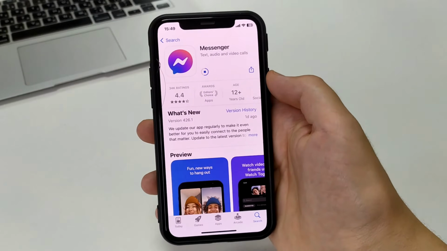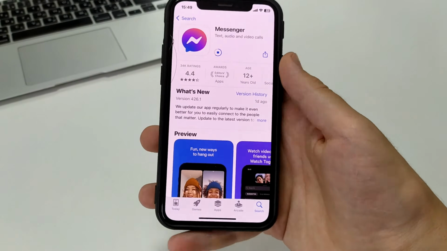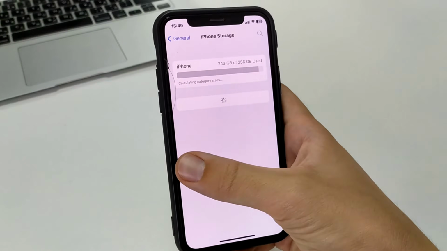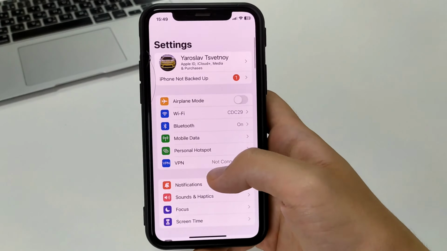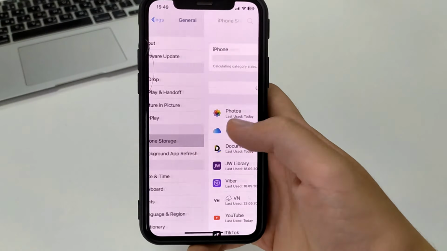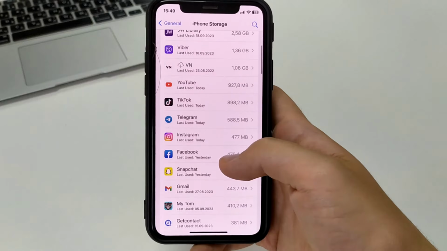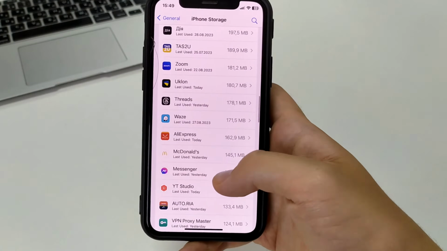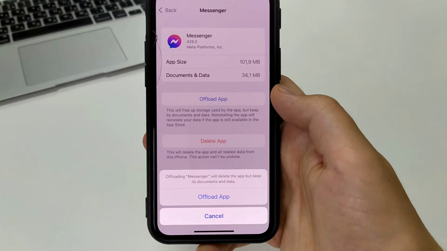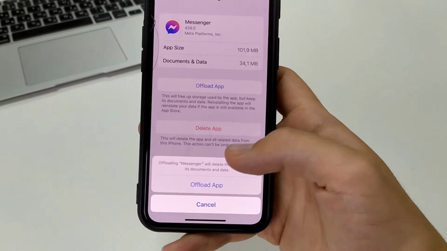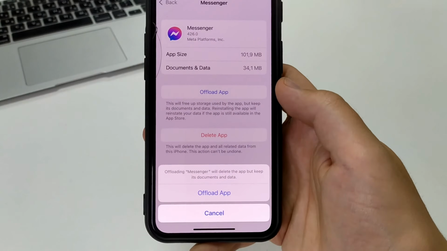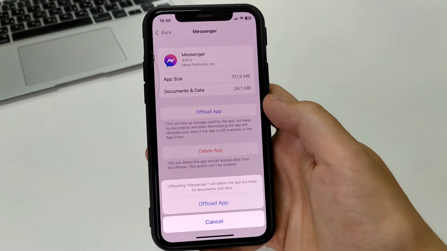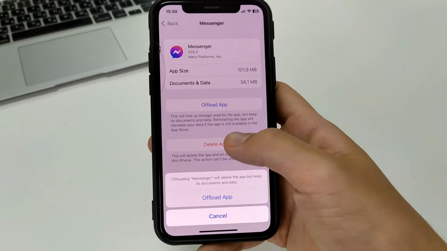By the way, there is another way to solve this. Go to Settings. Then go to the General tab, iPhone Storage, and here you'll find Messenger. Click Offload App, thus clearing the cache. But documents and data will remain, and chats too. We will offload it, re-download it, and it means that we will update to the latest version. That's the second easy way to do it.